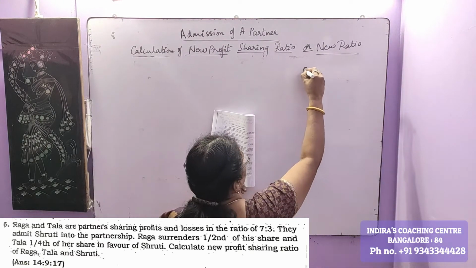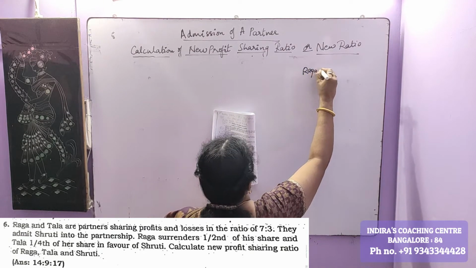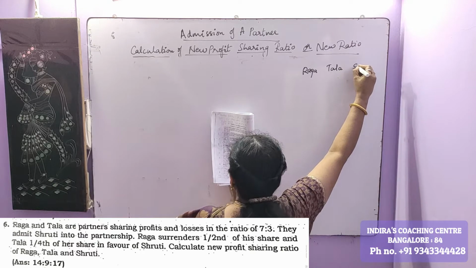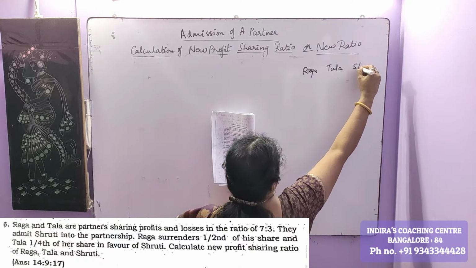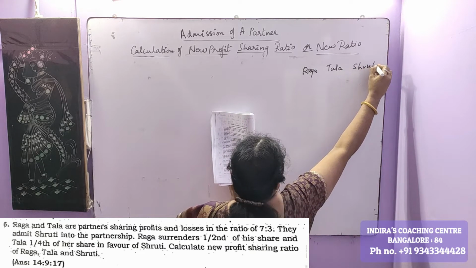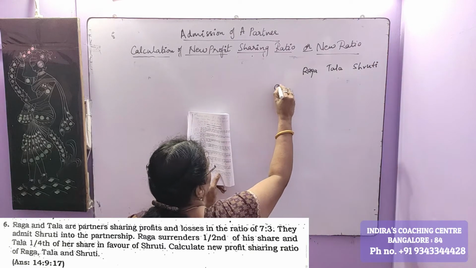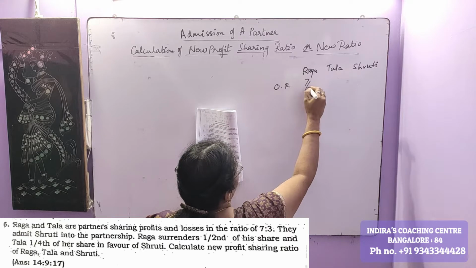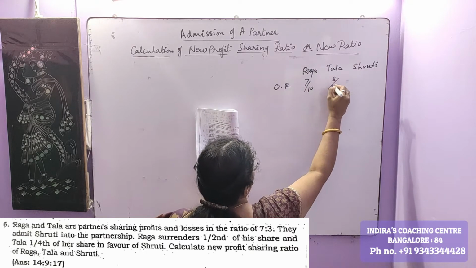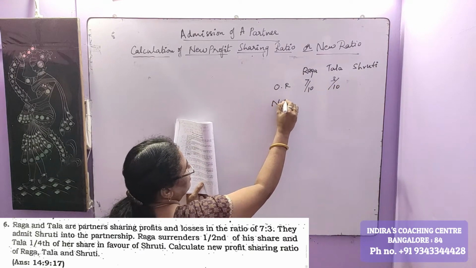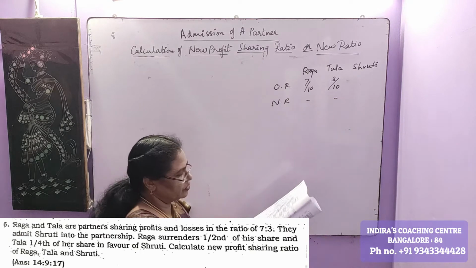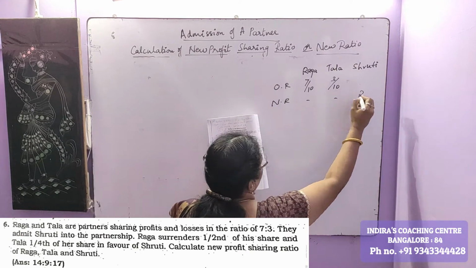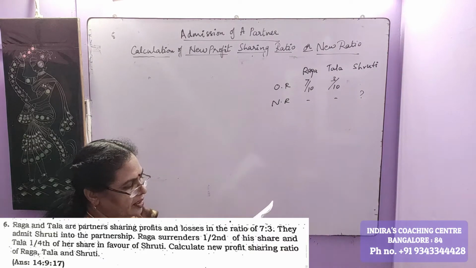I'll write here Raga, Thala and Shruti. The old ratio is given as 7/10 and 3/10. The new ratio of Shruti is not given. It's not given at all. Then they say,